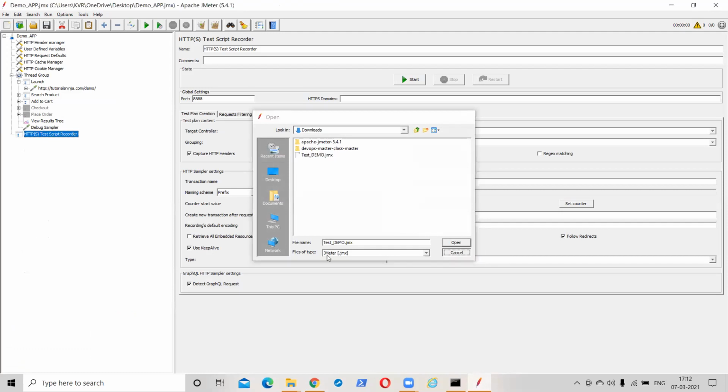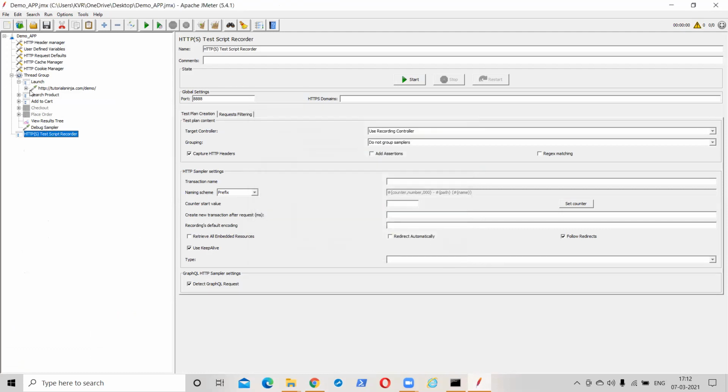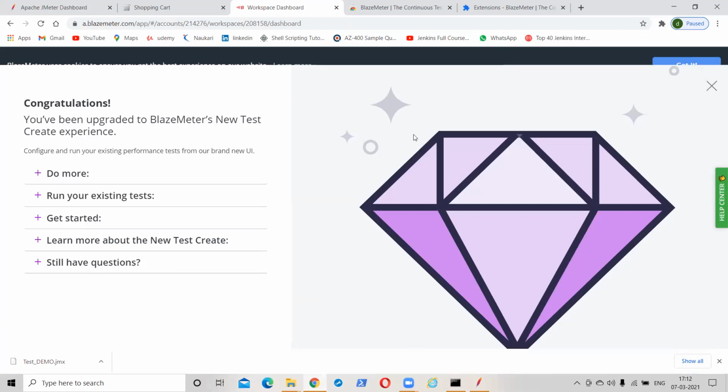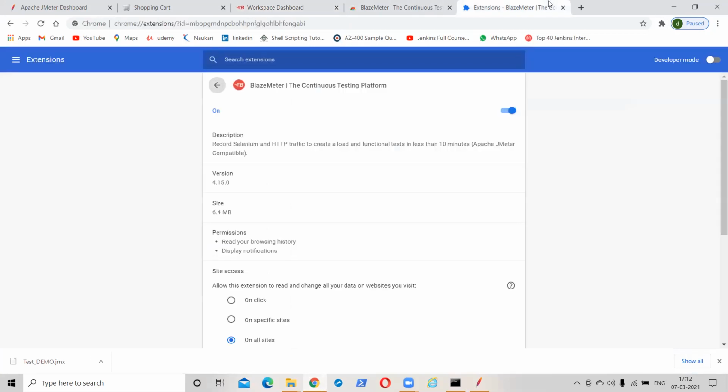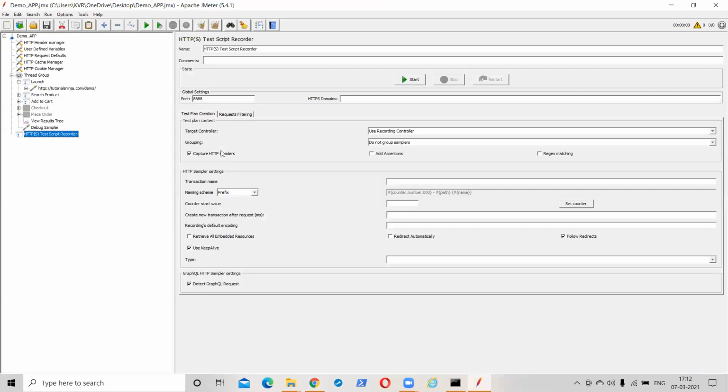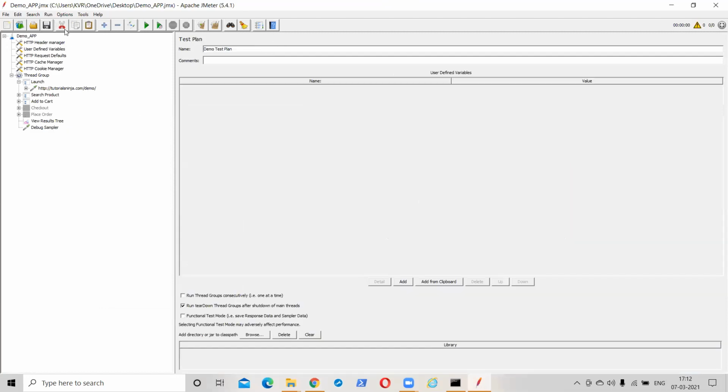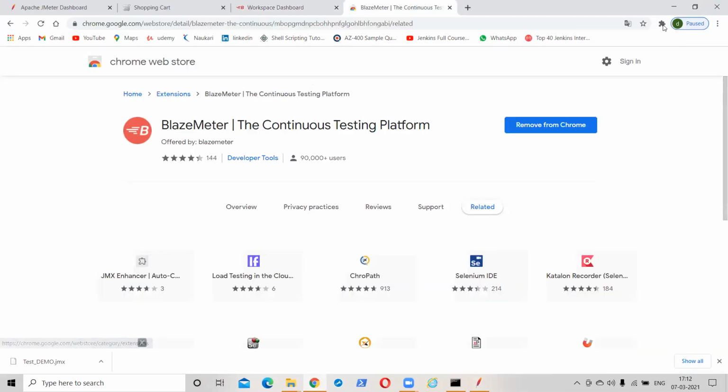So if you click on download, it will open in this way. Okay. So you can choose any option. It's up to individuals. Either you can go with this JMeter extension, or you can go to HTTP test record. Anything could be fine. Personally, I prefer this one. Why? Because it's easy to capture the traffic, and you can